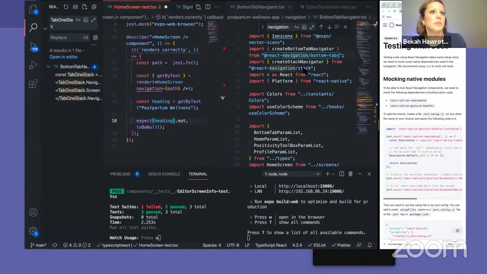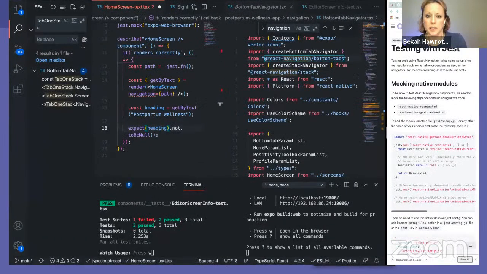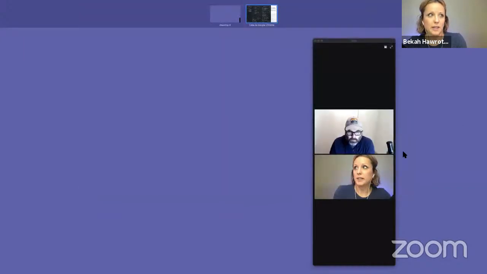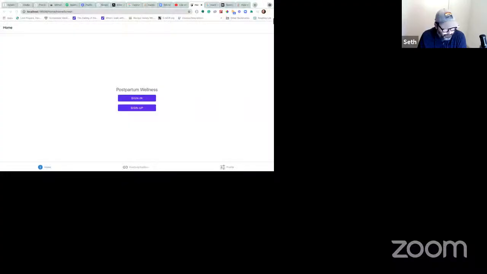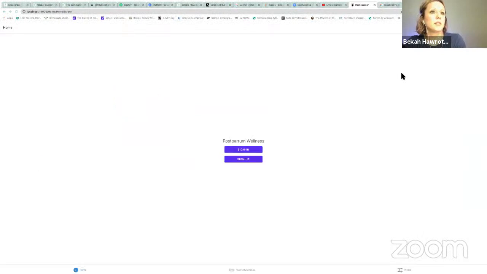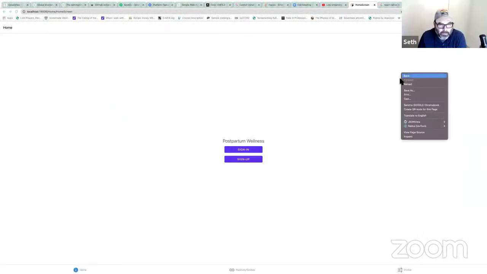I'm still not able to get this to come up on React Native debugger. Mm-hmm. So I'll have to figure out how to do that next time.